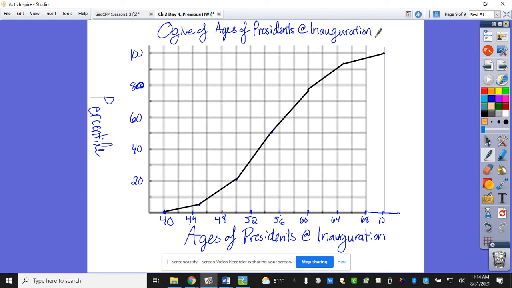So an Ogive graphs percentiles. So we can use this to interpret things with percentiles. So A, was Barack Obama, who was inaugurated at age 47, unusually young? Yeah. Are we going to know exactly what percentile 47 is? No, but we can use this to guess about. Now, technically, we only know that it's